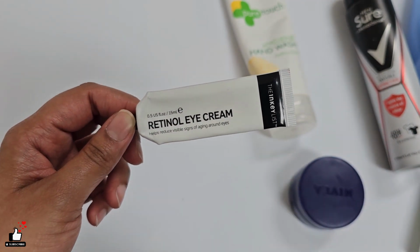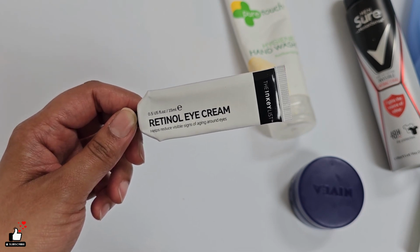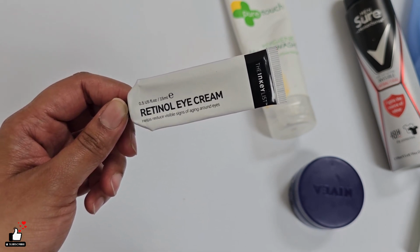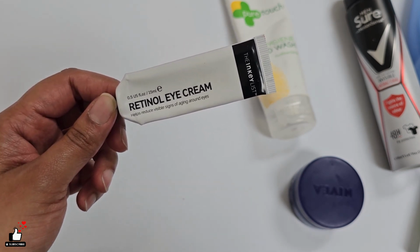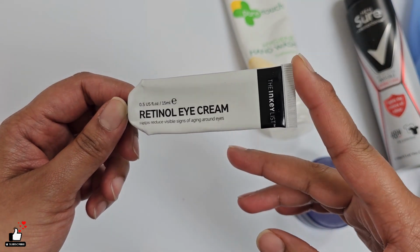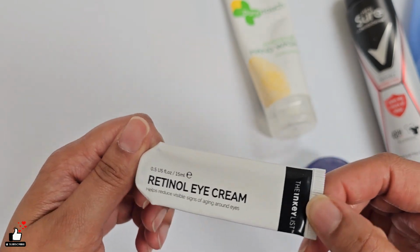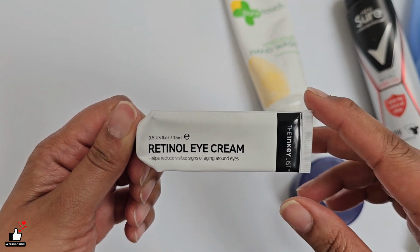For me, I feel like I need hydration under my eyes. My under eyes can be a bit dry, but over time, it does get a little bit greasy. So it's really difficult to have a balance on what it's like throughout the day. So I would personally not buy this again, because one, I didn't see much of a difference, and two, I prefer something a little bit more hydrating, something brightening, because rather than wrinkles,